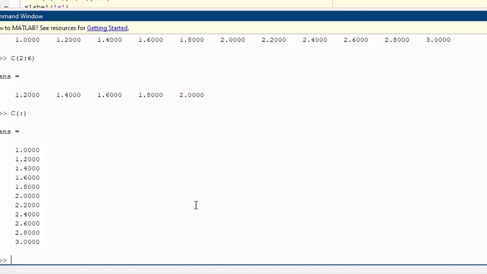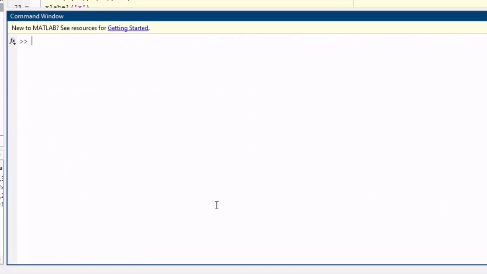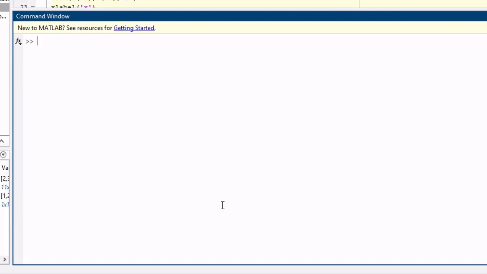Next we are moving on to the matrix. If you want to move on to the matrix, we want to identify the difference; the difference between array and matrix is very simple. I have assigned the matrix 1 2 semicolon 4 5, so it is a 2 cross 2 matrix.